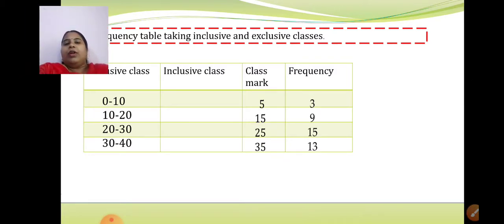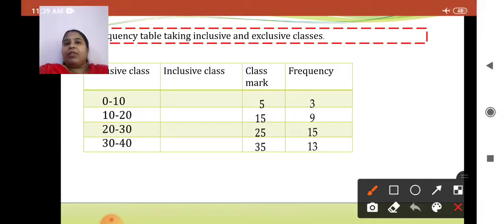Now I am taking you back to the previous sessions where I explained how to make classes continuous. If you remember, suppose the classes are 1 to 5 and 6 to 10, just two class intervals. How did I say to make it continuous? What was the method? You need to take the difference between the upper limit and lower limit of any two class intervals.